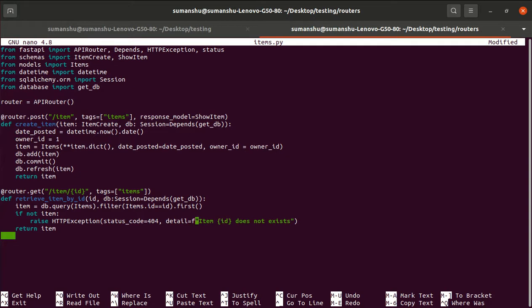Rather than 404, we use status and, using the dot keyword, we pass HTTP_404_NOT_FOUND. Here I am manually typing, but if you use VS Code or any editor, when you just type status dot HTTP, it will automatically show you all the status codes available in the status library, right?